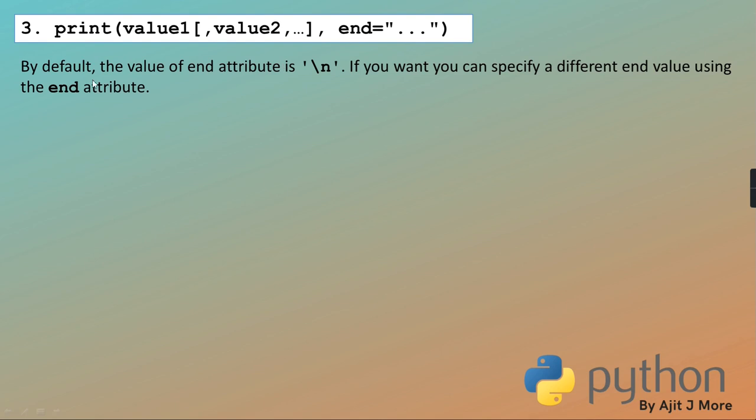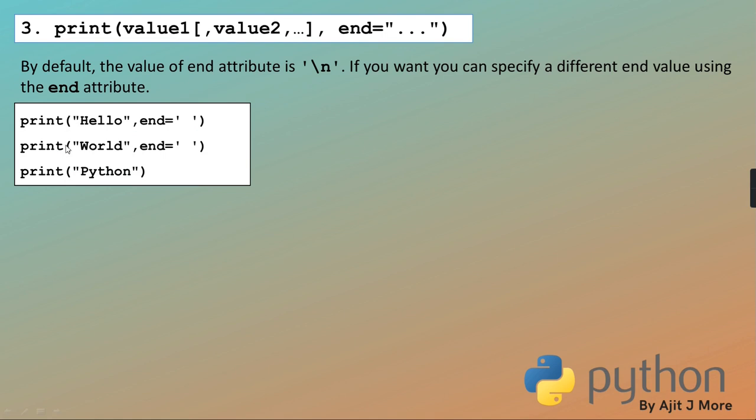So whatever value you have given, that will be printed at the end. Right? Okay. See, by default the value of the end parameter is \n. \n means new line. It's a non-graphic character. It will just bring the cursor to the next line. If you want, you can specify a different value other than new line. So if you want something other than new line, then you have to use this parameter end and give what value you want. Now double quote, single quote doesn't matter. You can use any.